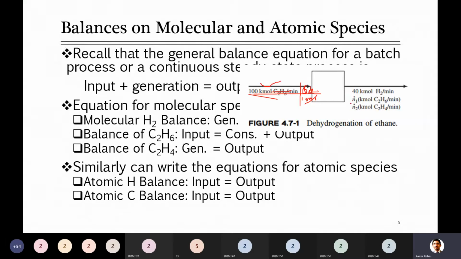So for these, you can write N2 multiplied by 1 mole of C2H6 multiplied by 2 moles of carbon, because it contains C2. And similarly, for the other species at the outlet, it is also equal to N2 multiplied by 2, because this will be the amount of carbon leaving the system. Understand it?